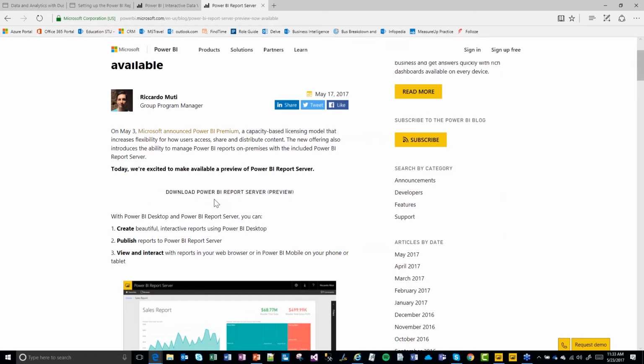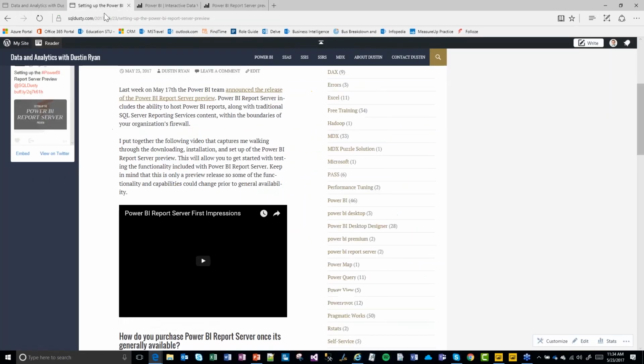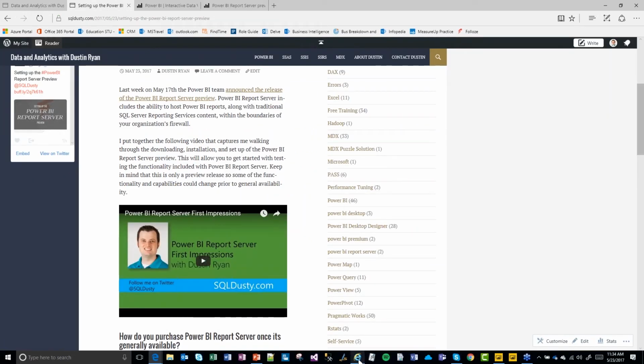Now, we talked about how Power BI Report Server is Reporting Services underneath with Power BI hosting abilities. And so you set it up very similar to how you set up Reporting Services. You have to specify what SQL Server database you want to use to contain the metadata for all of your reports. So you do need a SQL Server database engine instance that you can connect to, to store the Reporting Services database. If you're interested in knowing how to do all of that, you can check the blog out and watch the video, but we don't have time to go through that today.